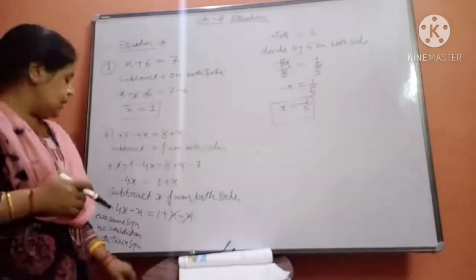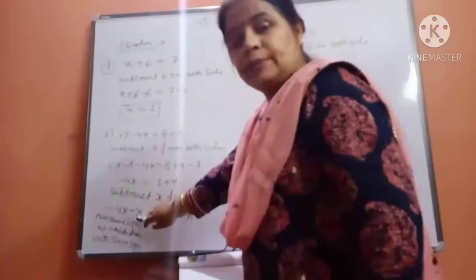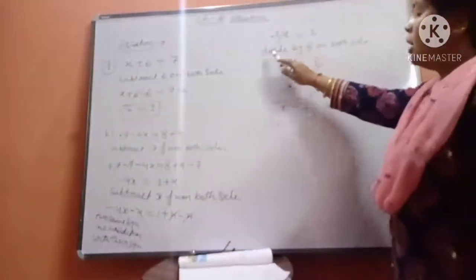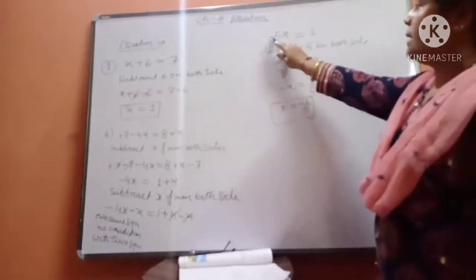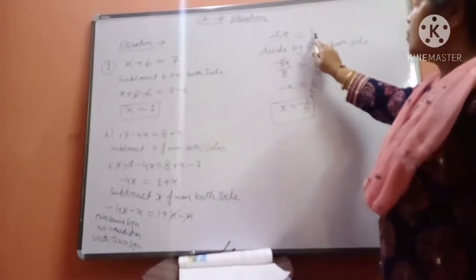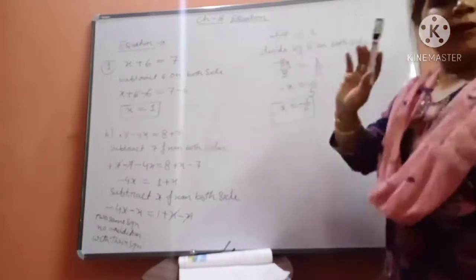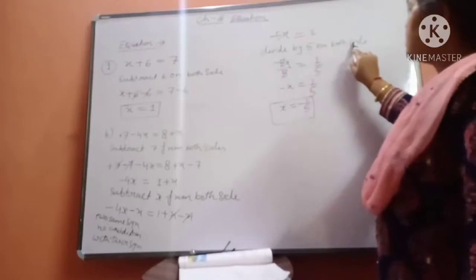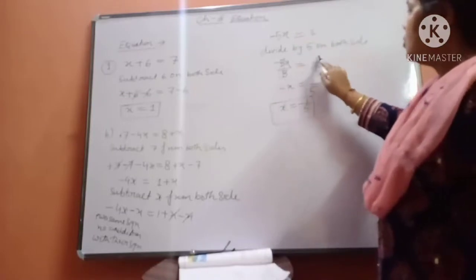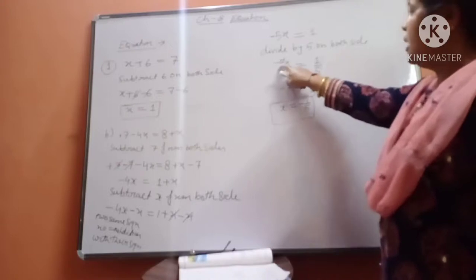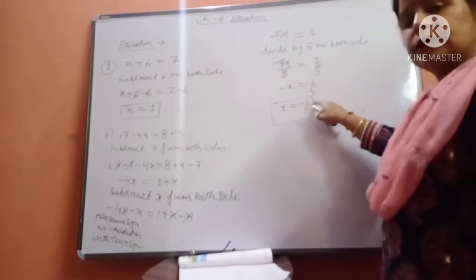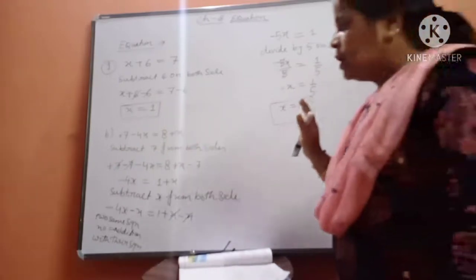Okay. Now see, beta, 4x and 1x. If no number is along with the x, it means 1 is there. So 4 plus 1 is 5. Along with this, both the numbers have what sign? Minus. So minus 5x is equal to 1. Now we want the variable to be free. So what will you do? Divide by 5 on both sides. Okay, so 5x upon 5 is equal to 1 upon 5. So here only minus x will remain. So minus x is equal to 1 upon 5, so x is equal to minus 1 upon 5, and this will be your answer.